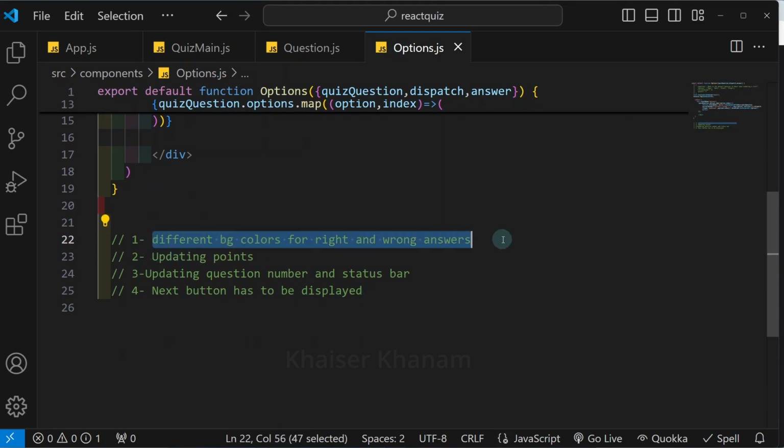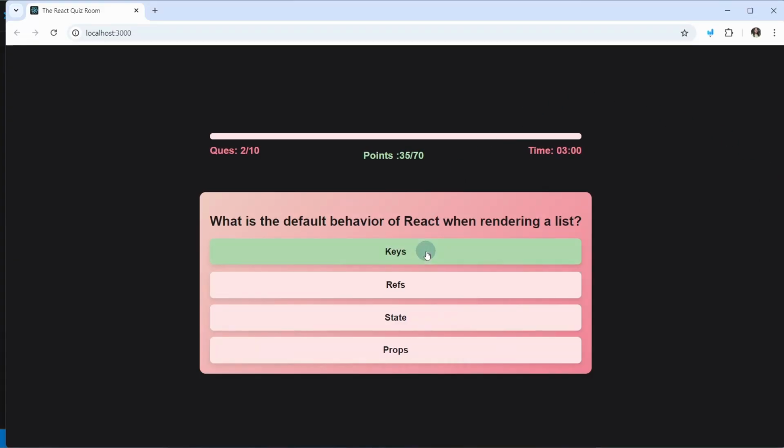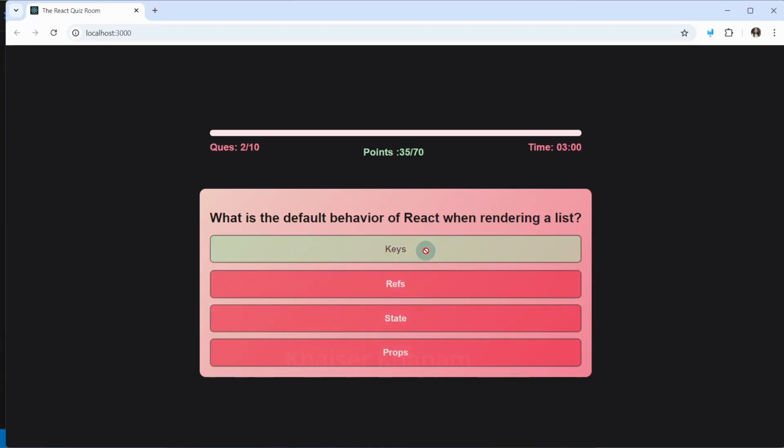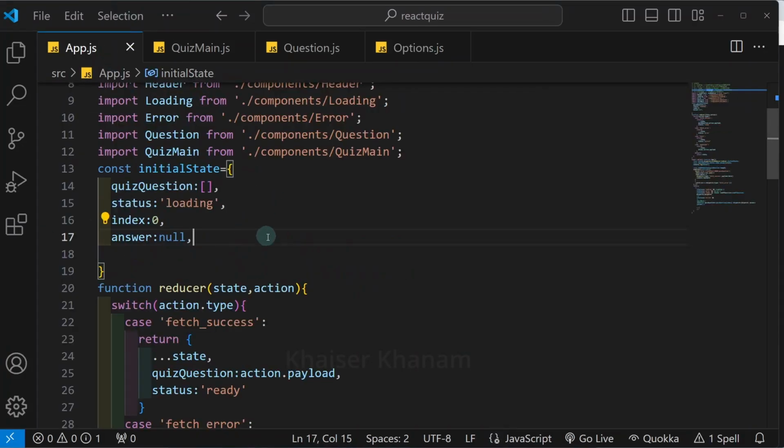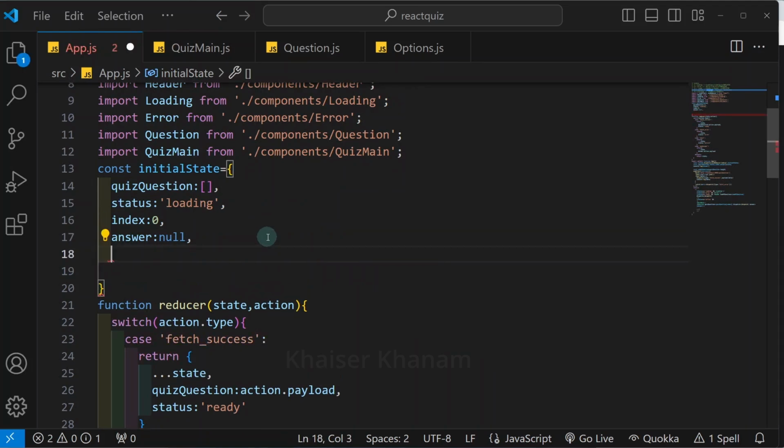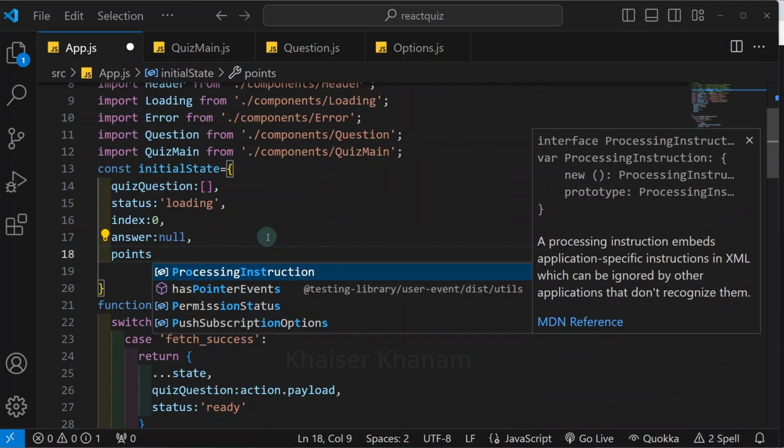So successfully we have completed the first part by changing the background color of correct answer and wrong answer. Now we are going to work on updating points. So whenever I click on this option, four things we have seen, four things will be happening. So now here points are also getting updated on UI. So for that we have to create a variable in our state. First, I will come inside app.js. Inside this state, I will be creating points